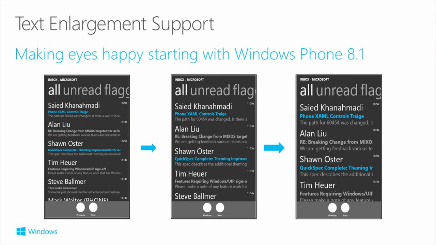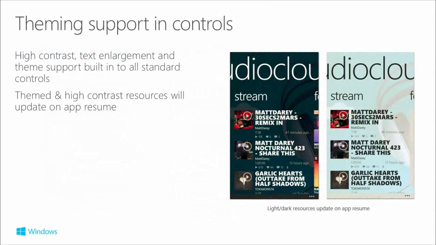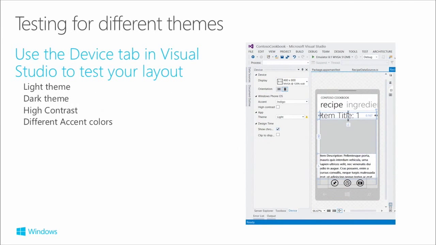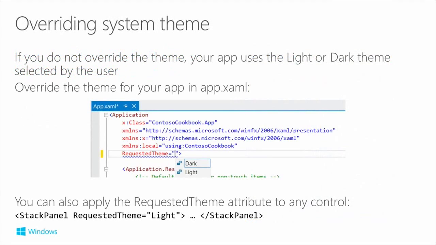This is a new thing for Windows Phone 8.1, which was kind of in Windows Phone 8. It was built into some of the built-in apps, but the third-party apps didn't get this. So the controls are all theme aware. They're using these theme resources internally in their built-in templates. Now you need to test for this. A lot of people make silly mistakes. I'll show this in a demo in just a moment.